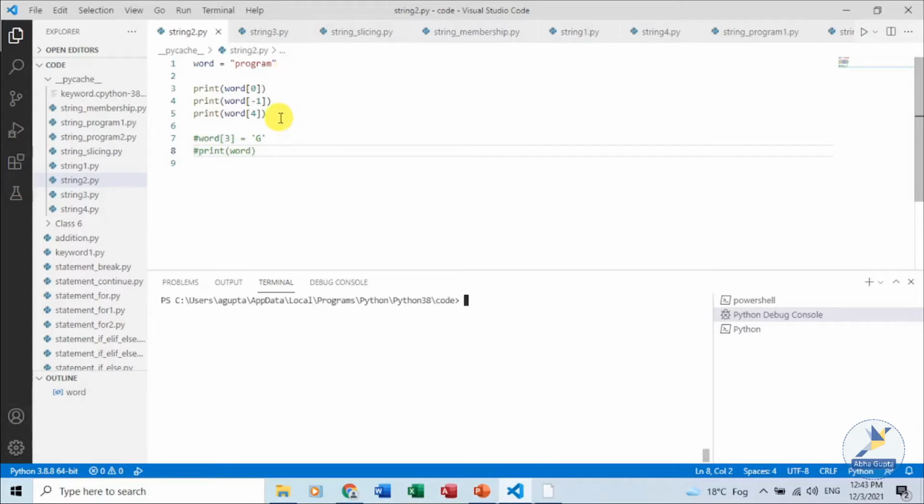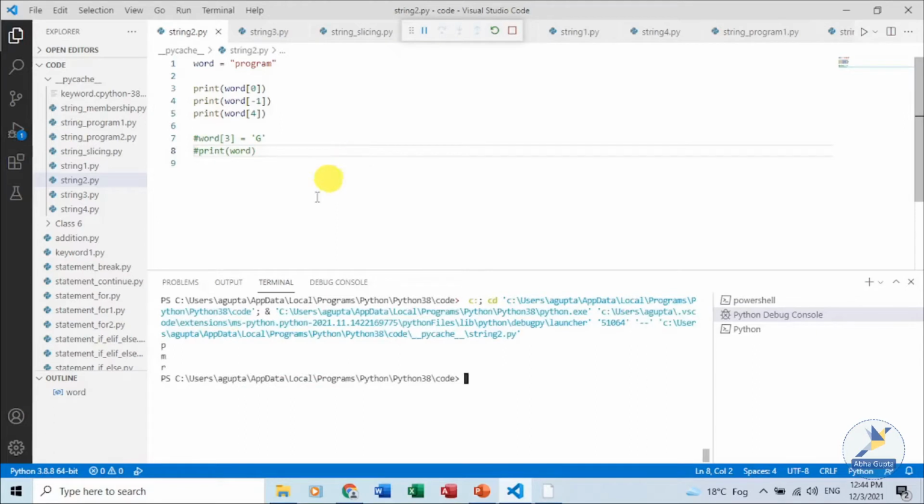Then from in between the string, we are trying to access the character at index 4. Let us execute this code. You can see 0 is P, -1 we are getting M, and for 4 we are getting R. That is, if we start counting from the left-hand side, 0, 1, 2, 3, and the 4th position is R.